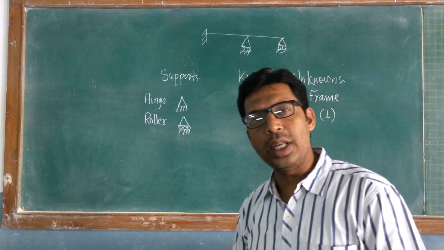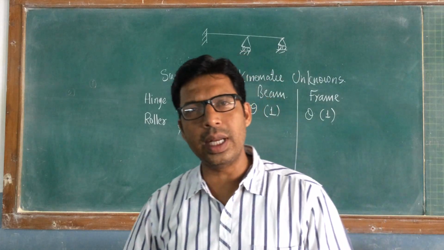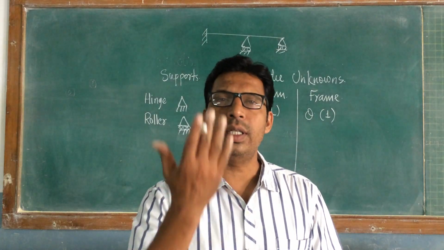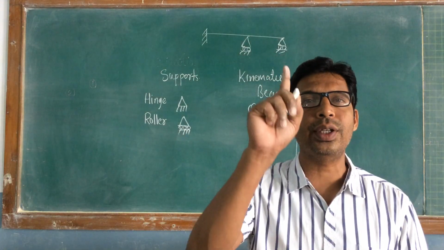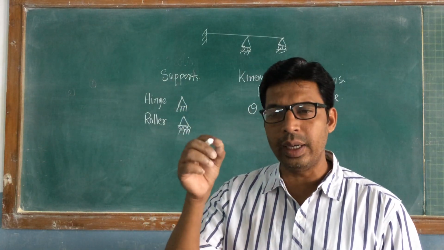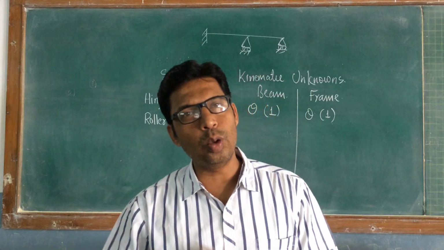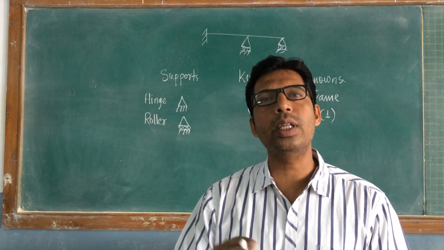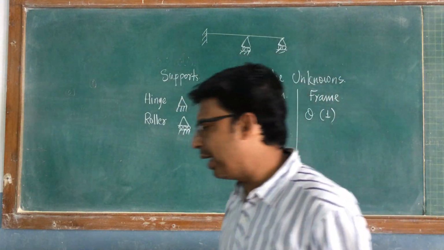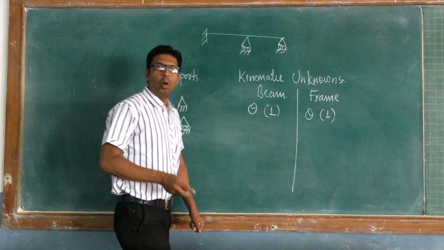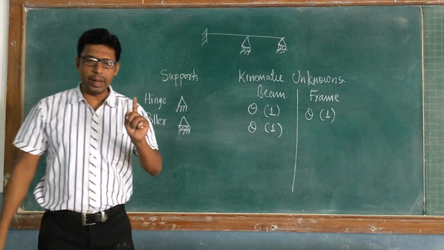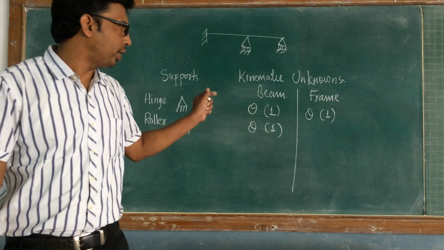So it means if a roller support is provided in beam, again there is no horizontal displacement because there is no horizontal force, and there is no vertical displacement also because it is a vertically upward support provided. Vertical reaction is present in roller support which acts as a support to the vertical point. That's why vertical displacement is always equal to 0 in beam, and horizontal is 0 because there is no horizontal force in the beam, right? So in case of beam, when roller support is provided, only one unknown, and that is rotation. Again, kinematic unknown is only one in case of beam, and that is rotation.